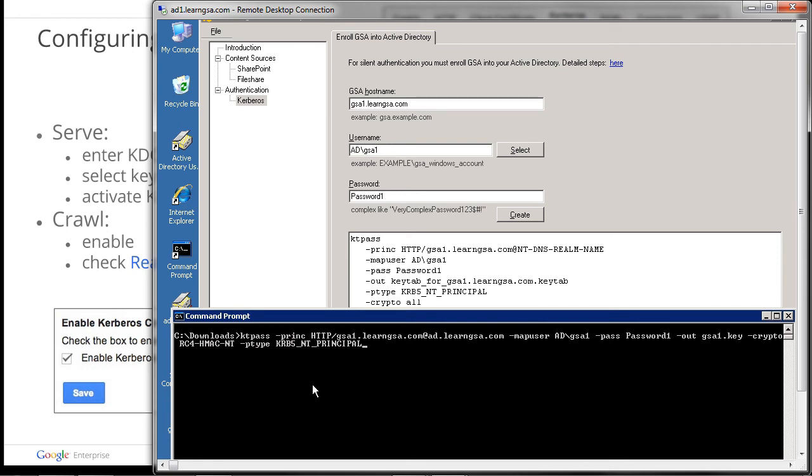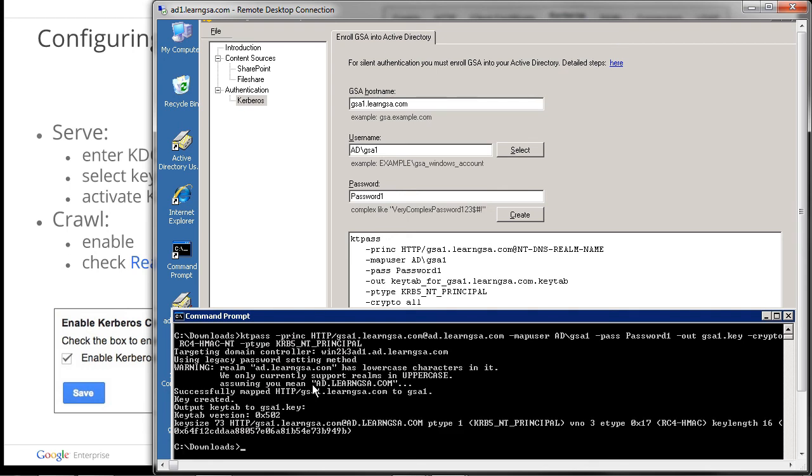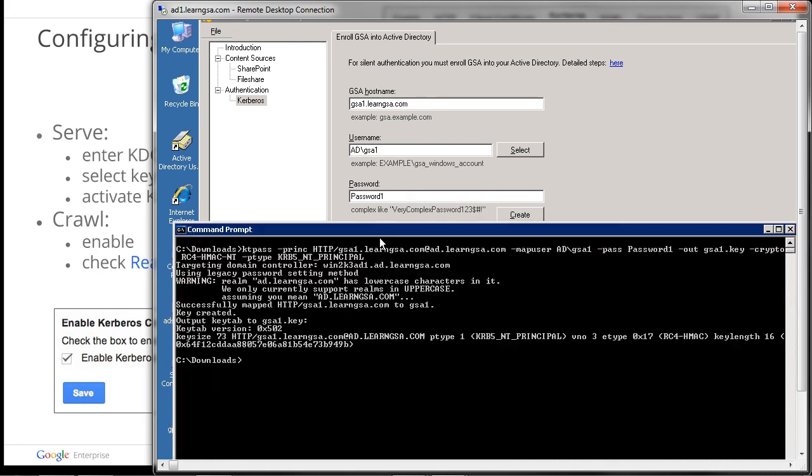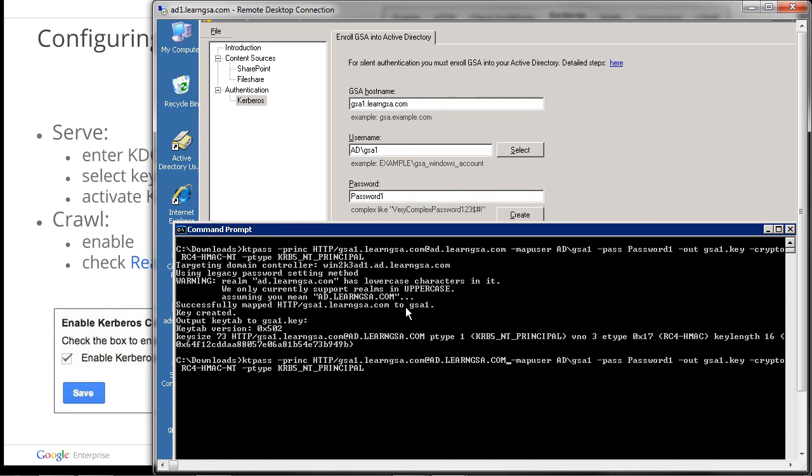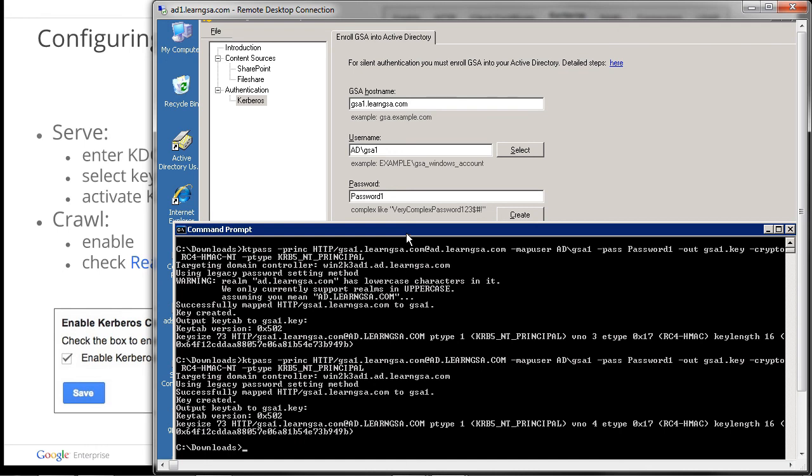Once I'm satisfied, I can click on Enter. And you'll notice I got an error message right at doing this. I did not specify the realm in uppercase. And that's something that the self-help tool shows me, but I didn't pay attention. So let me rerun that command with the correct case for the realm. Now, once this is done,